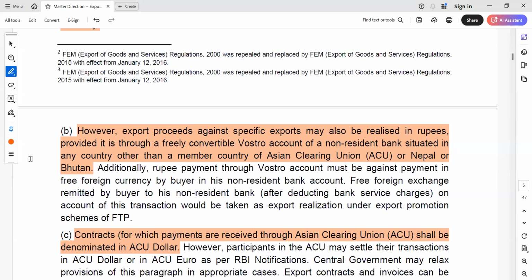So friends, here suppose somebody has raised the invoice in INR. Okay, in INR they have raised the invoice and they can get the payment in USD, euro, anywhere they can get payment. But for the specified countries, they can get payment in INR also. Like we have studied above, the invoice can be raised in any currency, but proceeds should be in freely convertible currency. Okay, but